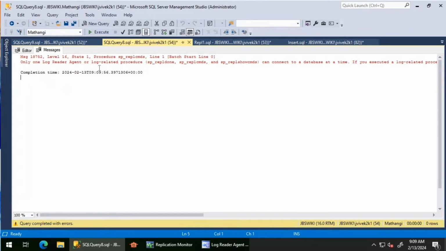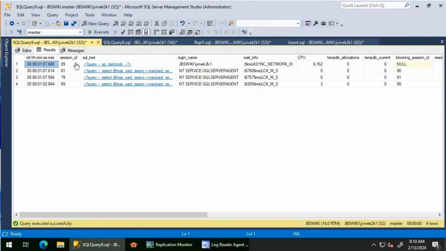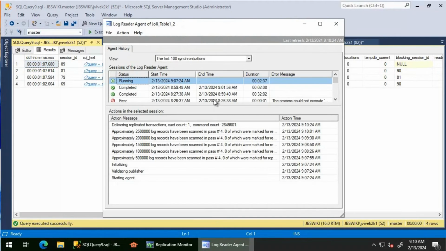If I start it, I'm getting an error stating that only one log reader agent or a log related procedure, sp_replcmds or sp_repldone, can run. This message basically tells you that you cannot run this command when another sp_replcmds is running. In our case we know that the log reader agent is currently running it. So to understand what is going on, I'm basically going to stop the